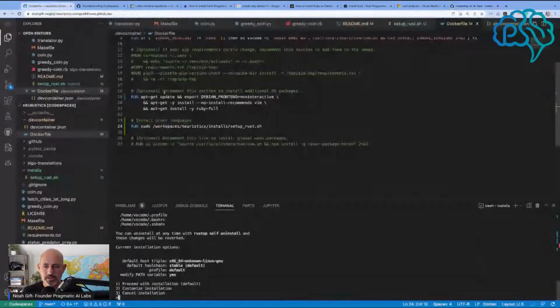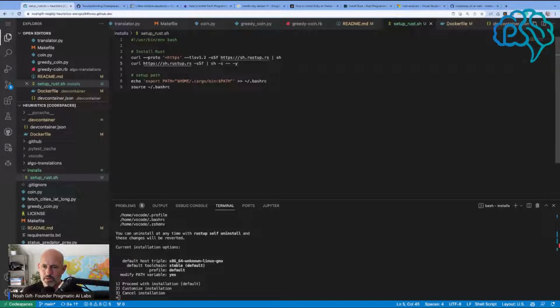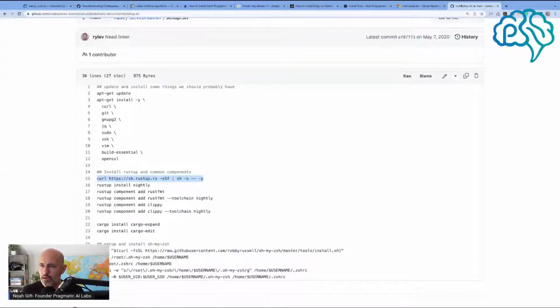So I'm going to tweak this a little bit. I'm going to go to the setup and I'm going to say, what does this do? Setup. Let's add that. Let's do that. So that'll just do the yes question. Now, cargo, I always forget about. I'm not a Rust expert, but